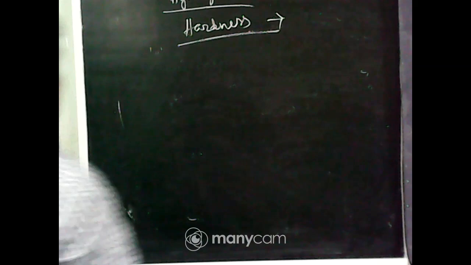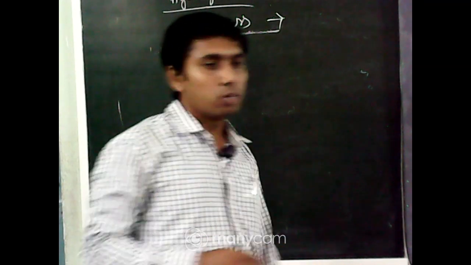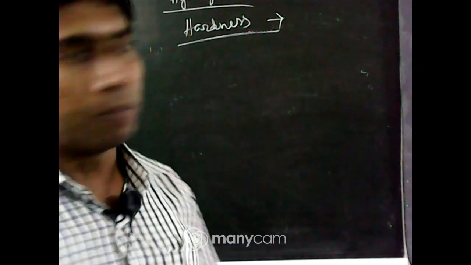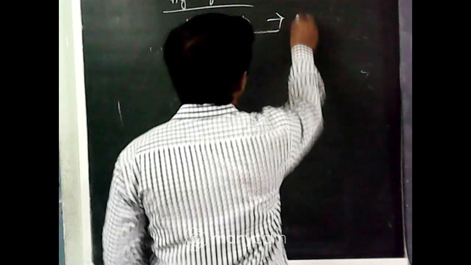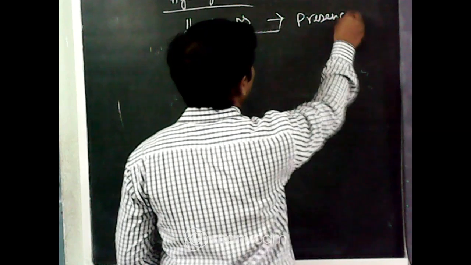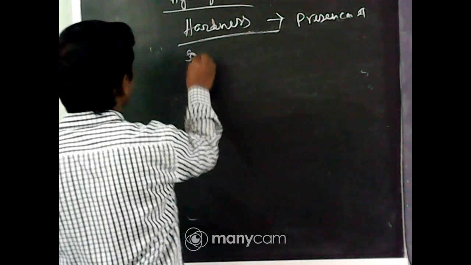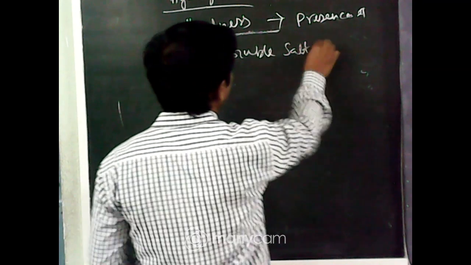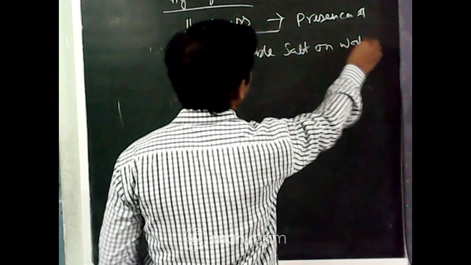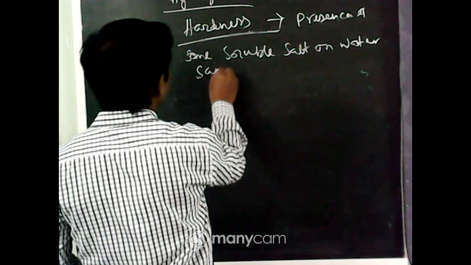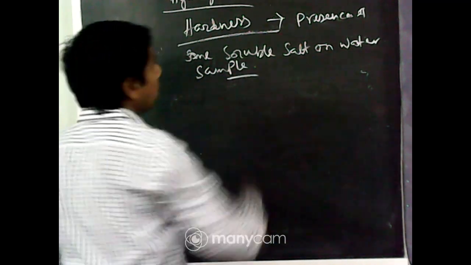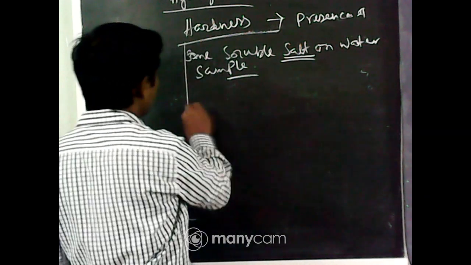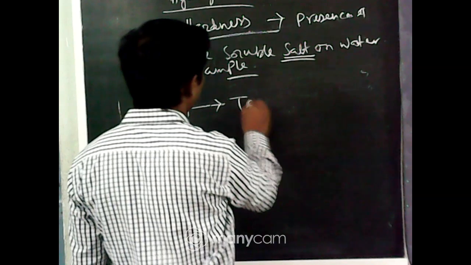So, what is hardness? Hardness is due to the presence of some soluble salt in the water sample. Now, depending on the salt, hardness is divided into two parts, that is temporary hardness